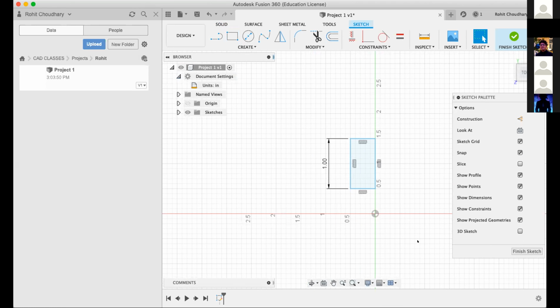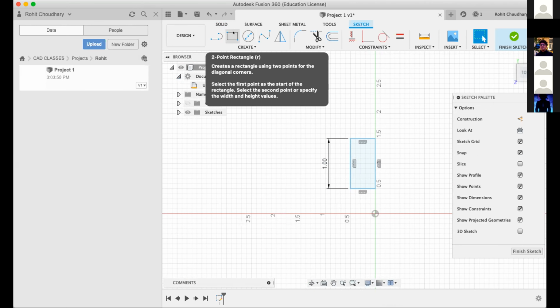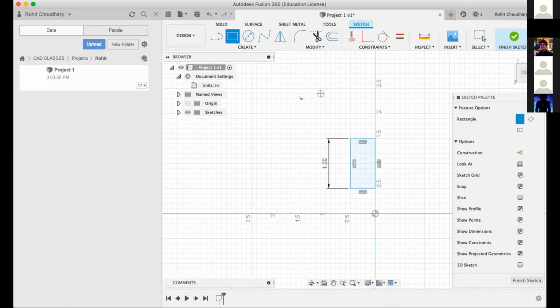Can you go over how to make the rectangle? Yeah, so up here, you see where my cursor is? Have you clicked create sketch already? Yes. Okay, so you see where the rectangle is? Mm-hmm. When you click on that, your cursor will become like this kind of,